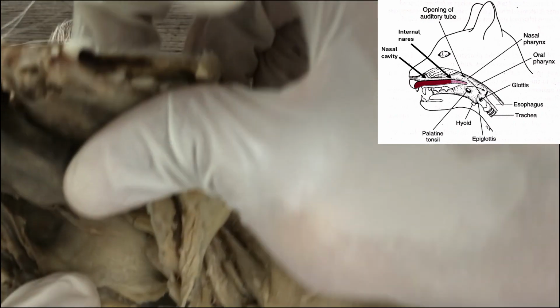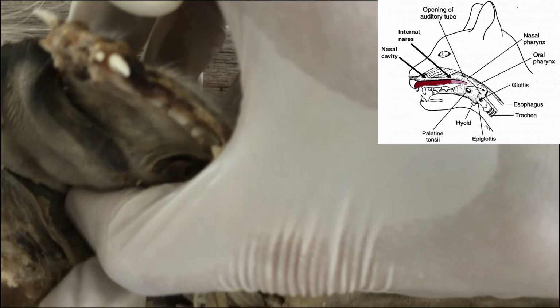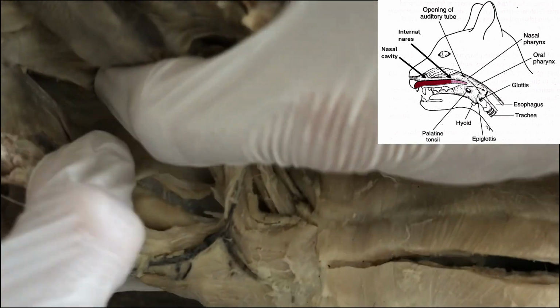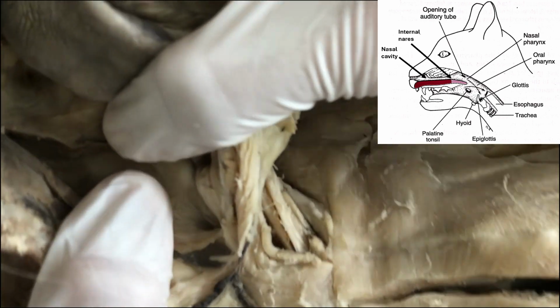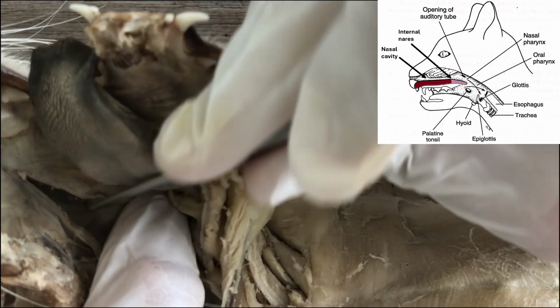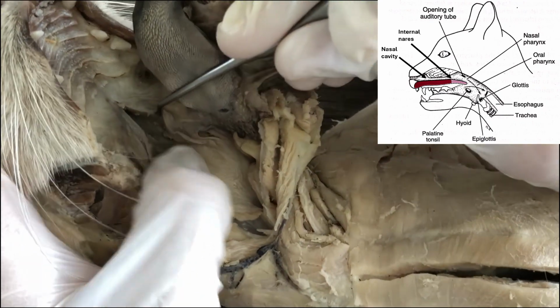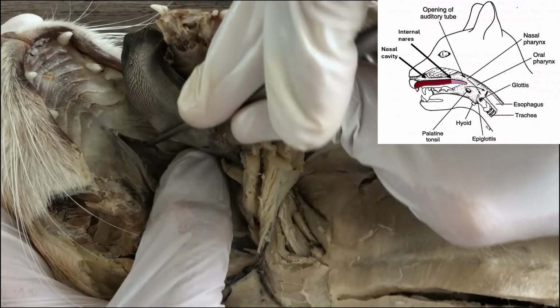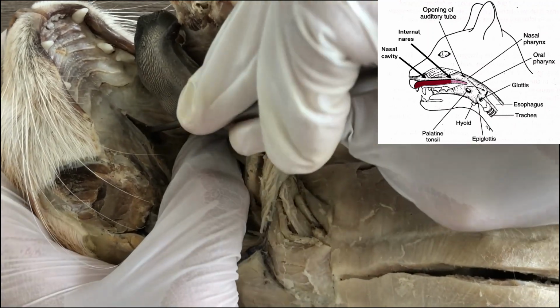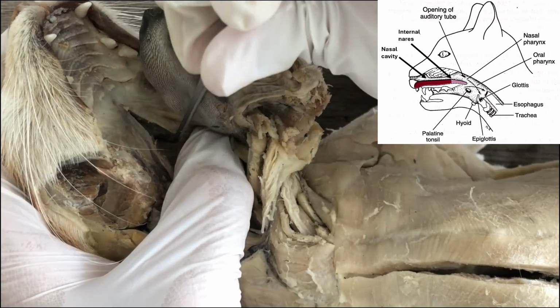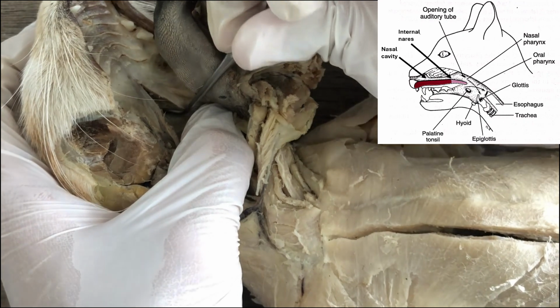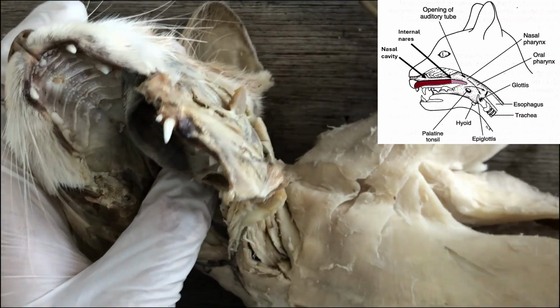So let me try and show you those slits. This is another structure that is difficult to show. I don't think it's showing in the camera, but I can see it from here. There are two slits there, dorsolateral